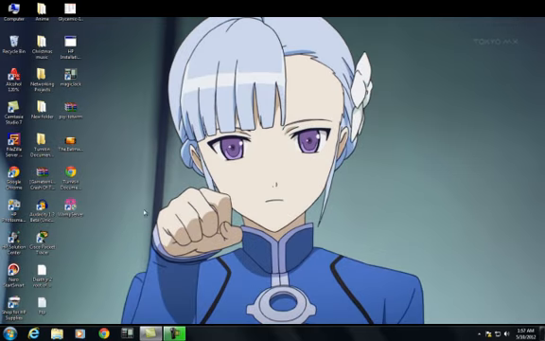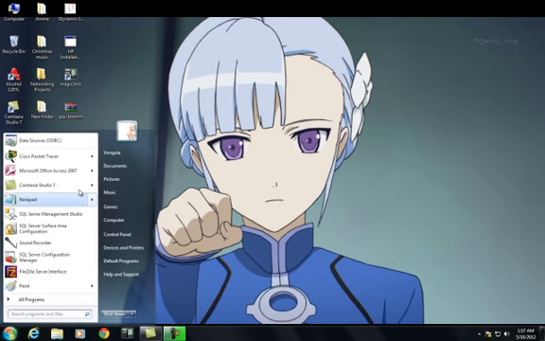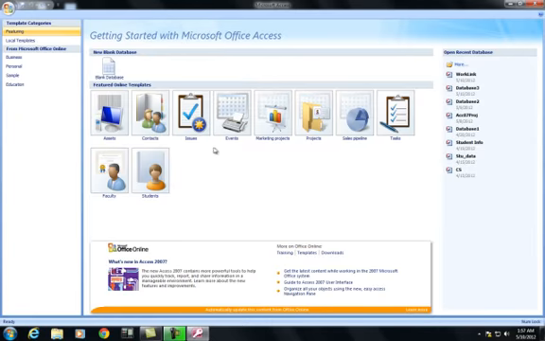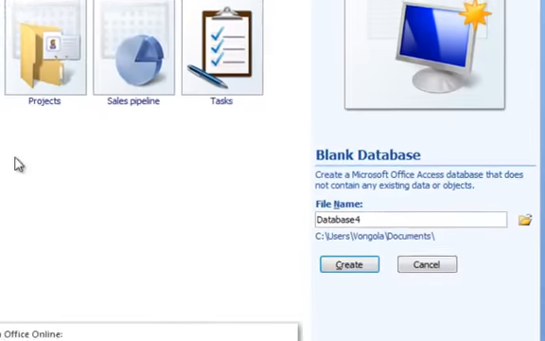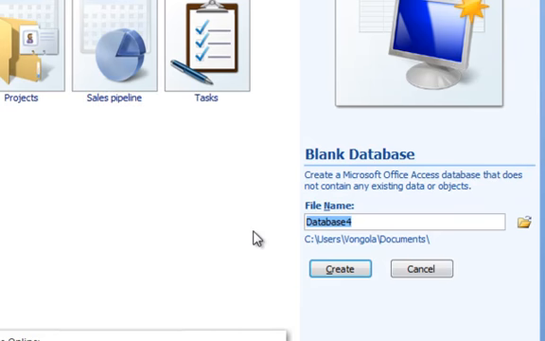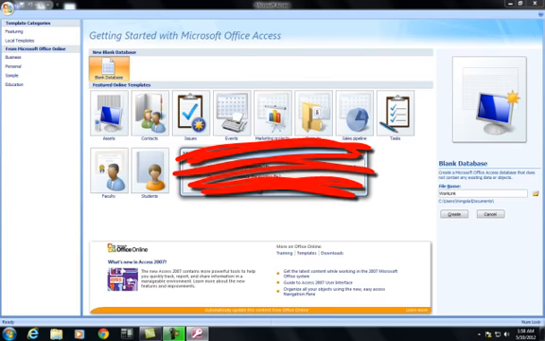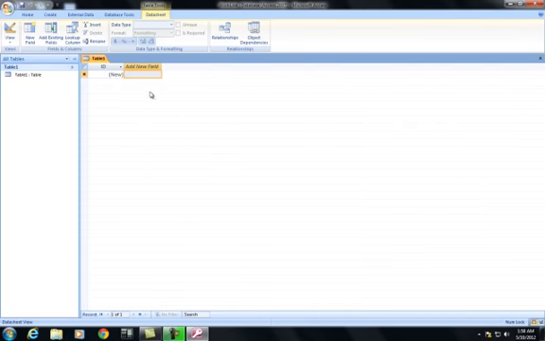Now let's open Microsoft Access 2007. We're going to create a blank database and let's name it. I'm going to name my database work link and create it. I already have an access file called work link, so I'm just going to replace my existing file. You wouldn't get that message. Let's close the default table,